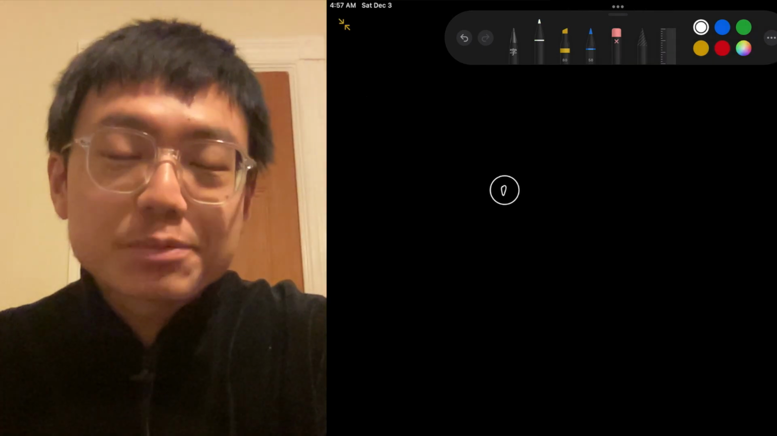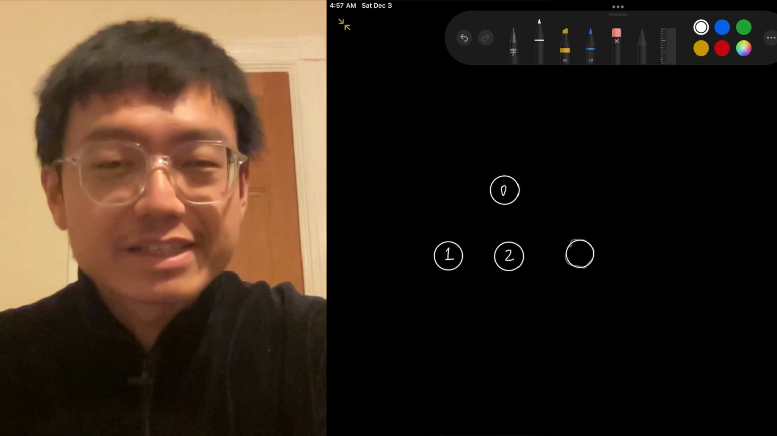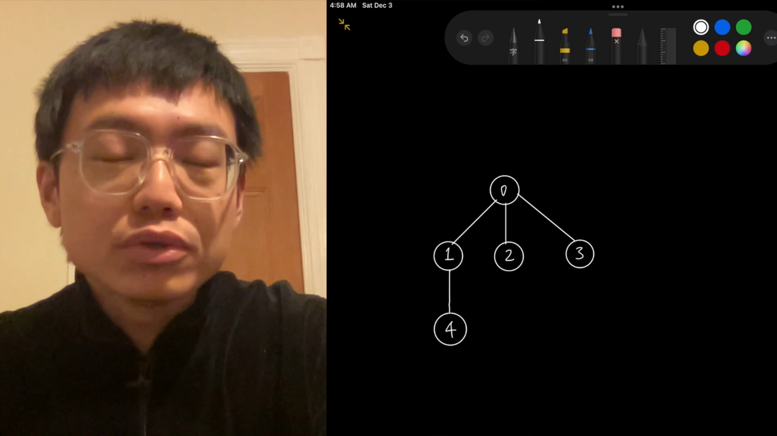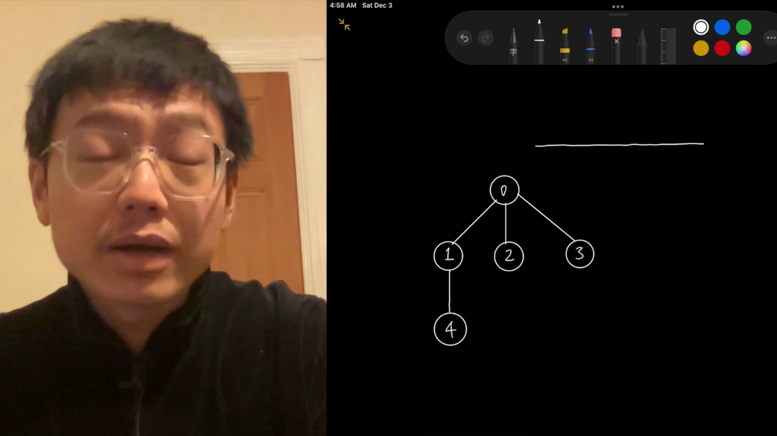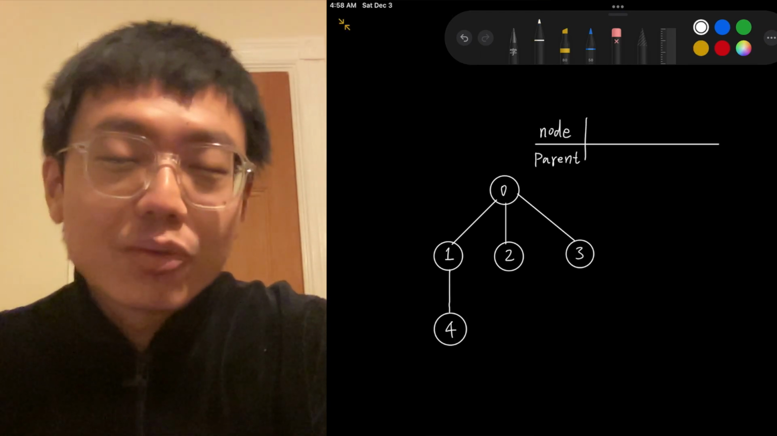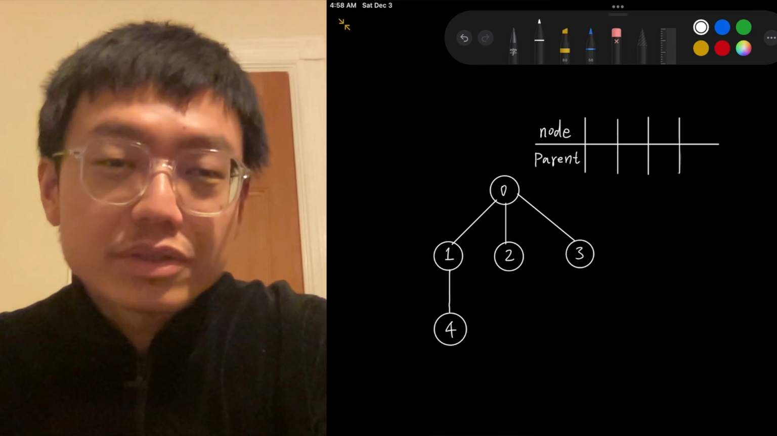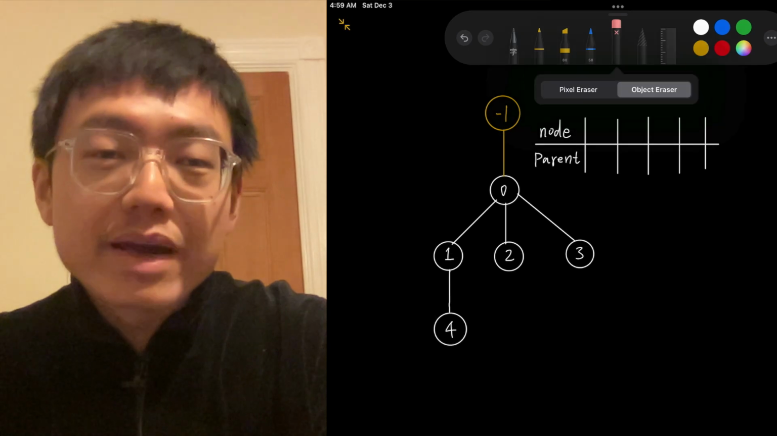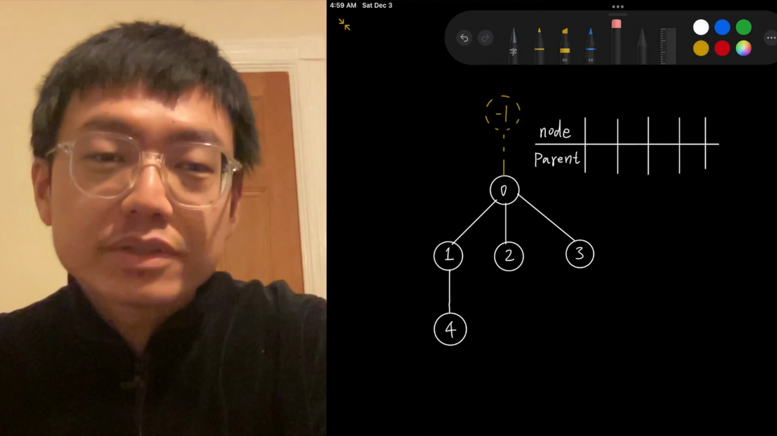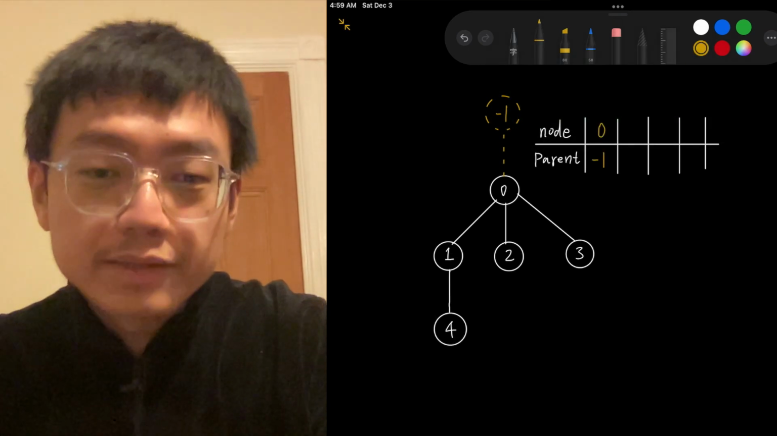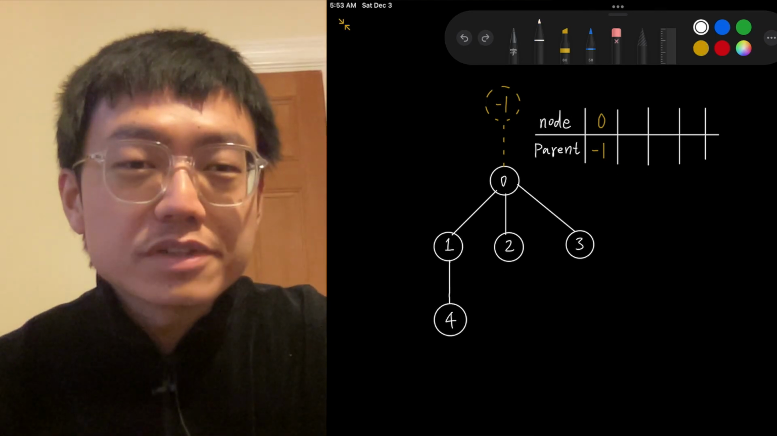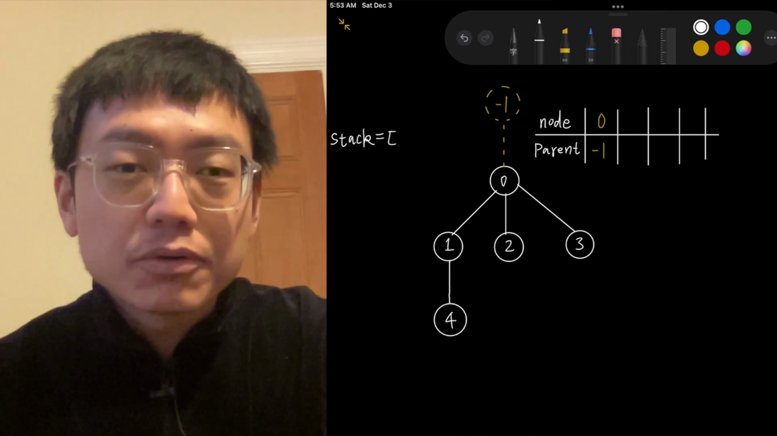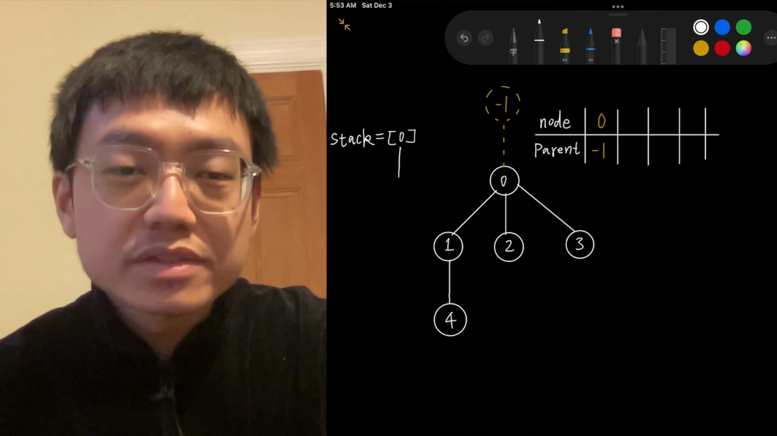First, let's print out the adjacency list we just got, which has 5 nodes: 0 connects to 1, 0 connects to 2, 0 connects to 3, and 1 connects to 4. Then we initialize a map parent, with node and parent. First, we make -1 the parent of node 0, and we record it. Then we set up a stack list and put element 0 into it,